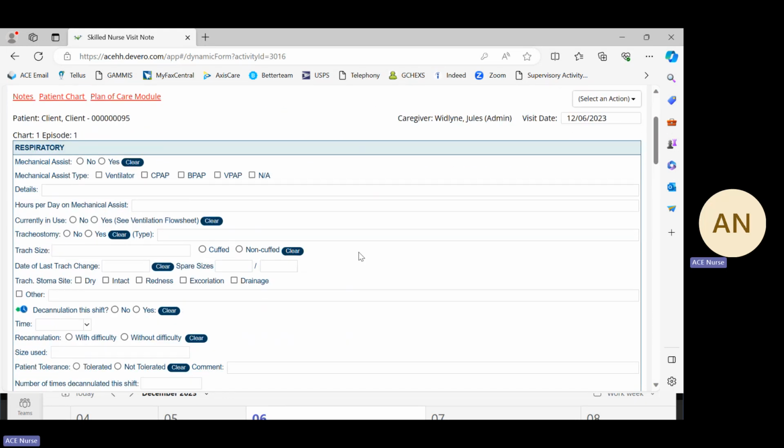To start with, the documentation on page 2 on Netsmart and Devro asks you under respiratory, is your client on any mechanical assist pertaining to ventilator, CPAP, BiPAP, VPAP, and if it's not applicable, you're gonna click not applicable. If your client is not on any of this, you're gonna click no. Where it says mechanical assist, you're gonna click no, and you're gonna click not applicable because your client is not